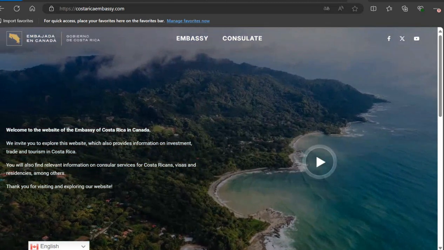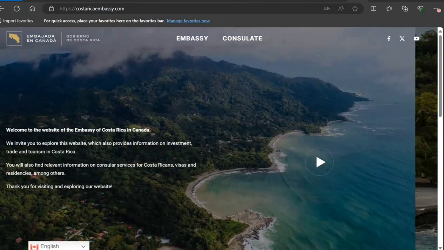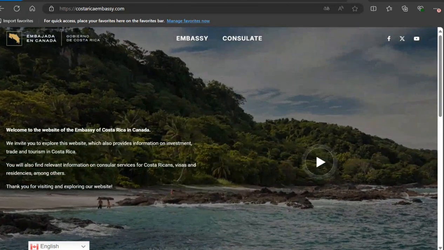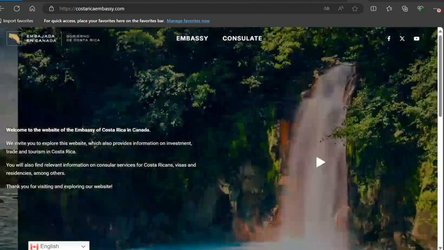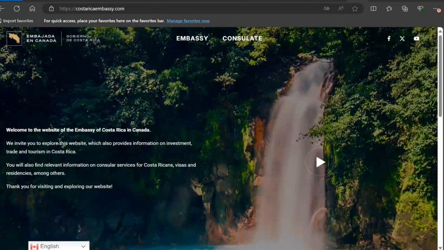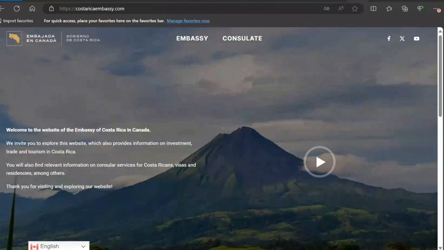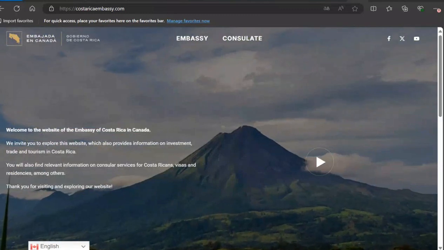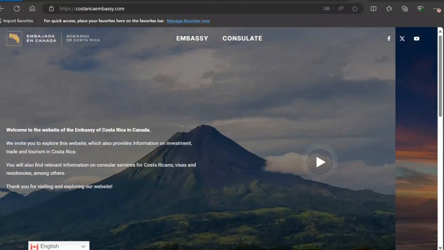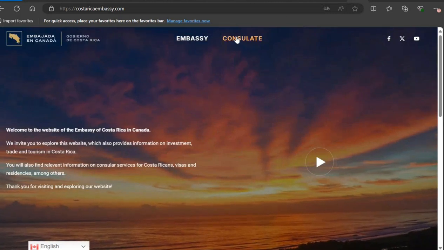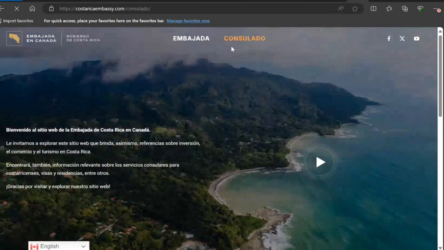Let's say you are in Canada and you want to apply. In most cases, Canadians don't need a visa, but in certain cases, other nationalities living in Canada do. So how do you proceed in that case? I have opened the Embassy of Costa Rica in Canada. We have a consulate option. If you click on consulate,